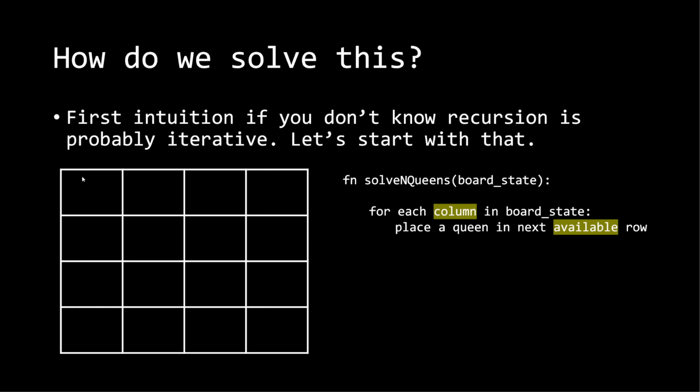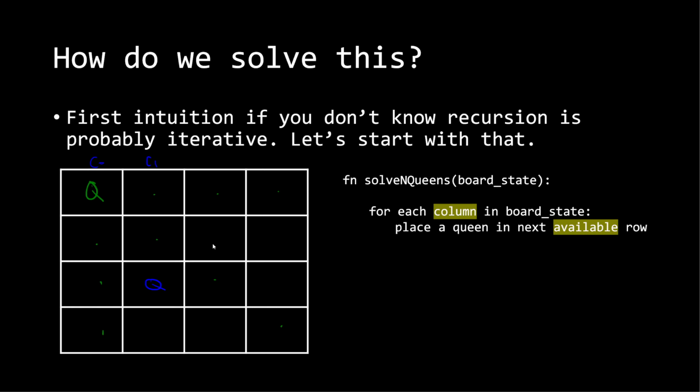Okay, so for each column in board state, place a queen in the next available row. So let's go ahead and do that, just to see what's wrong with this solution. If I place a queen here, it will cover these squares, and this is how I would execute through this code. So for each column, we move on to the next column, and place a queen in the next available row. So for the next column, which is C1, if this is C0, then the next available row would be this one, right? Because these two are taken by that queen. So I'm going to use these dots